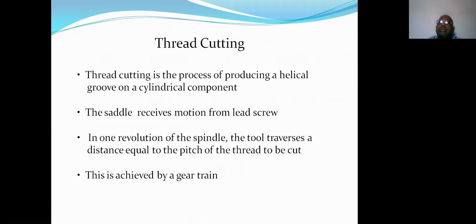So this is achieved. Here the thing is how to control the speed of the lead screw. That is the only thing required to be calculated. That means based on the diameter, based on the speed of the job and based on the pitch of the thread only, the lead screw should rotate at a particular speed. So that is called the calculation of the lead screw speed. That also depends upon the gear train or gear ratio.